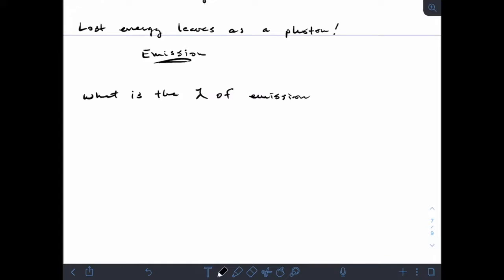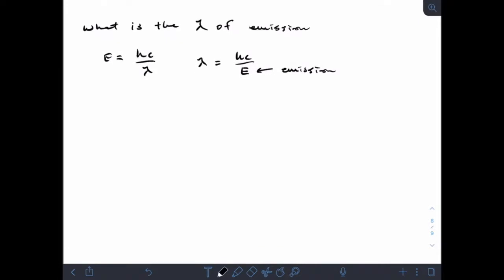And that's one of the main purposes of starting this chapter, talking about how to do calculations with light and energy. So we have our equation E equals hc over lambda. If I rearrange that equation to solve for lambda, I get lambda equals hc over E. And this is our energy of emission that we just calculated. So the wavelength of that emission,